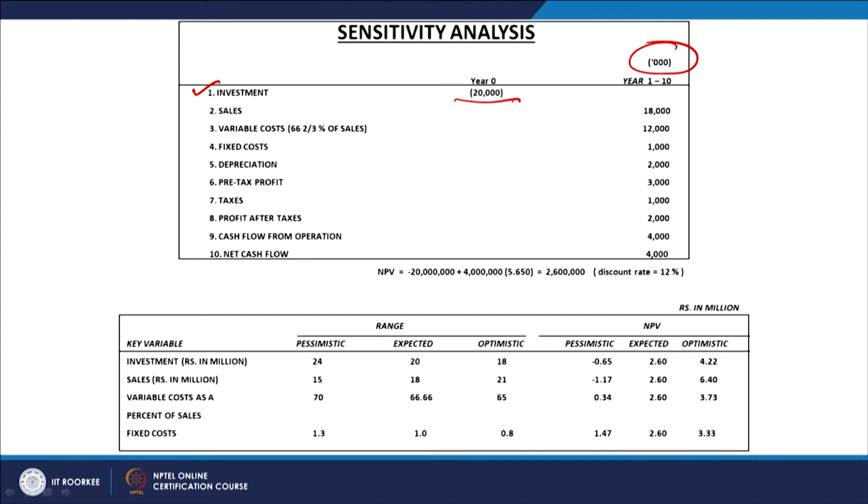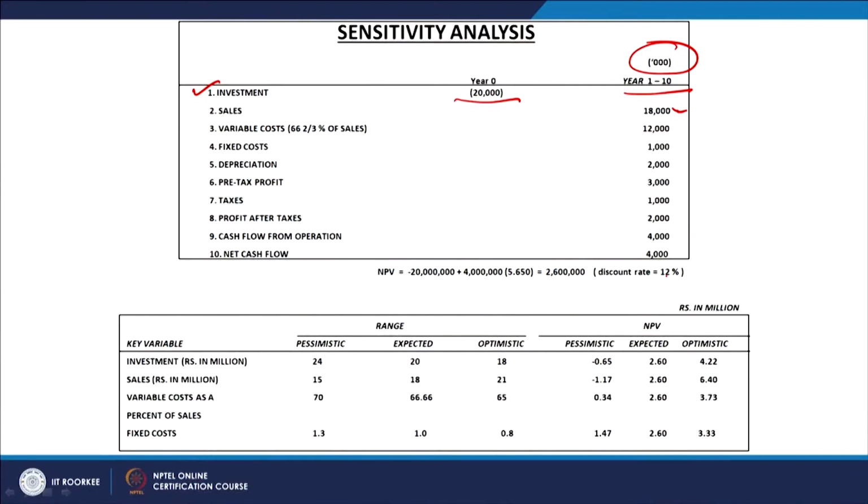Then we have the other variables, which we have found out from this analysis. The first thing is the revenue, that is, because of the sales, how much sales are going to be there and what is going to be the annual revenue. The time period taken here is 10 years. For all the 10 years we are going to take the same figures, they are not going to change. There is a limitation of this kind of analysis, but still, doing something is always better than doing nothing.